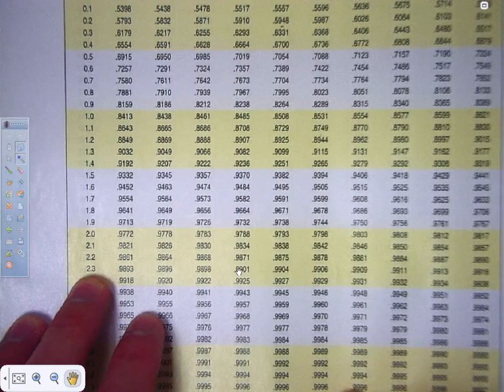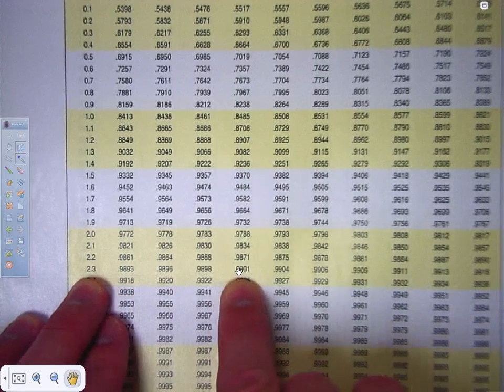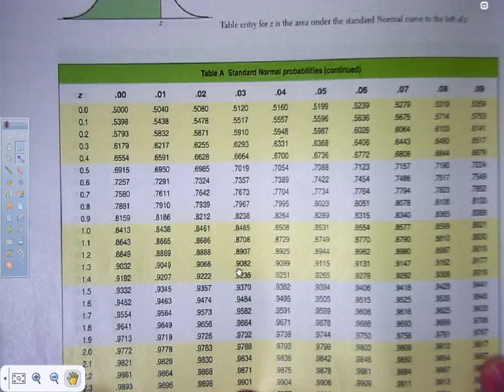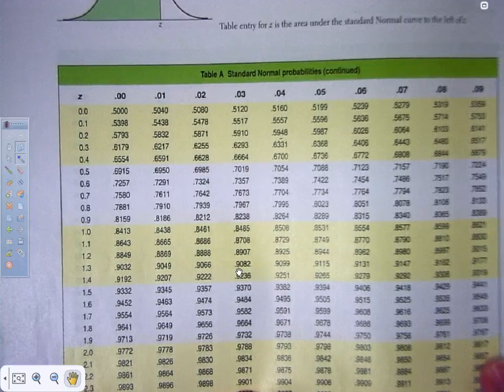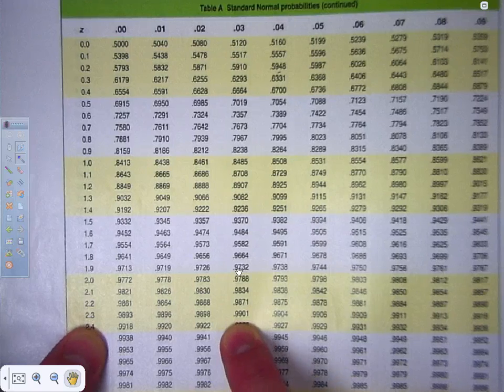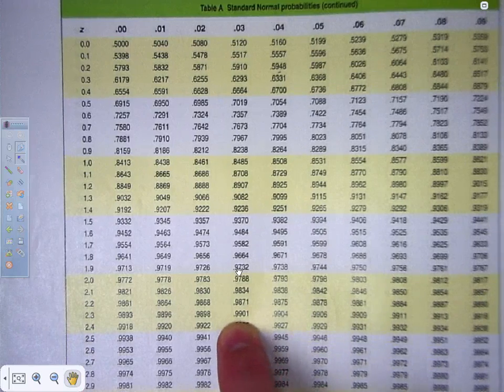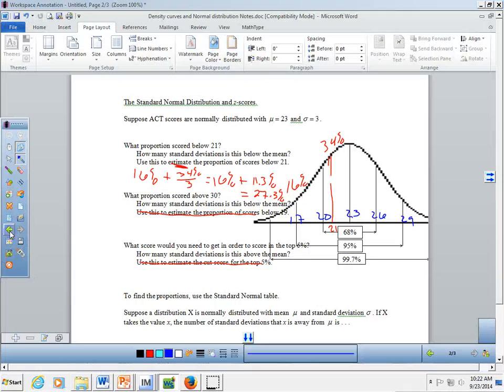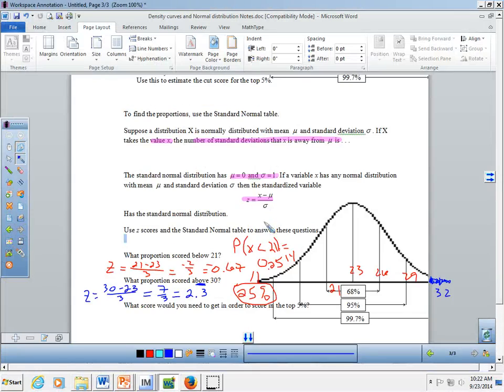So I've got to go to 2.3 and then carry this out to 2.33, which is all the way out here. Okay? Now, if you have shaded your curve the way you're supposed to, then when you see 2.33 and you get a value of 0.9901, then you're going to come back to your curve, you're going to come back to your problem and say, okay, that means